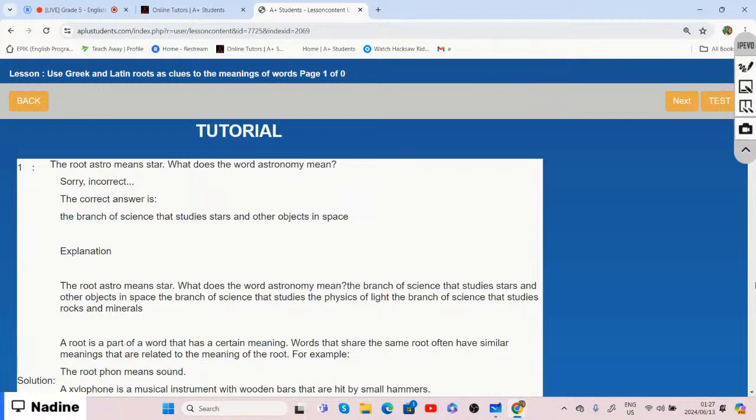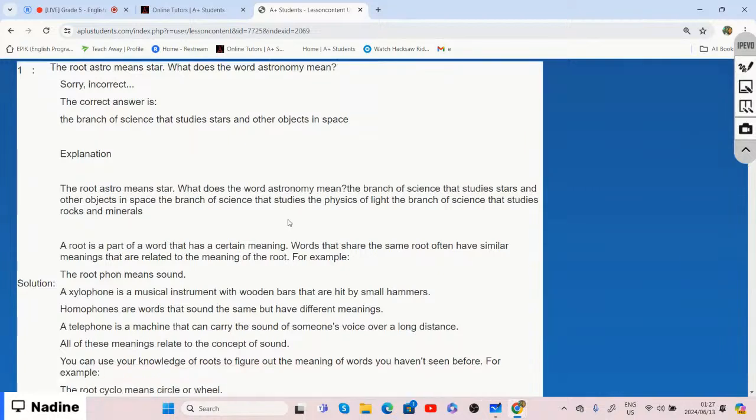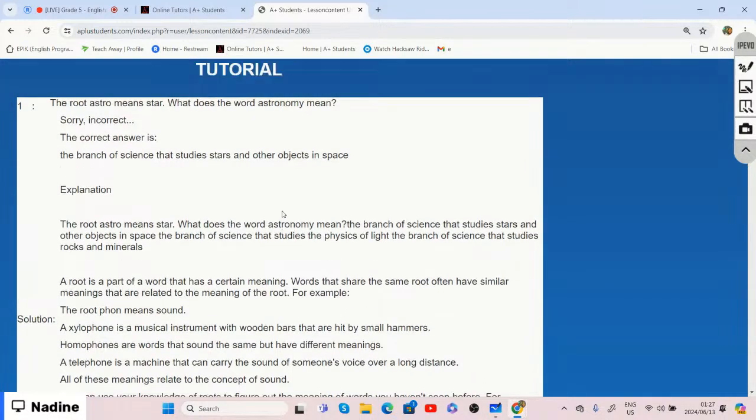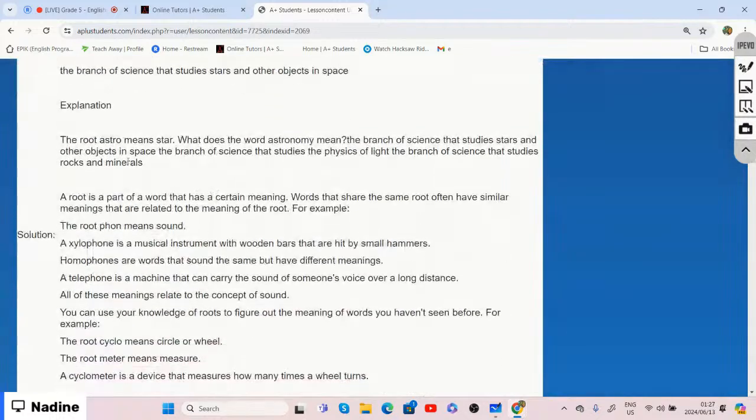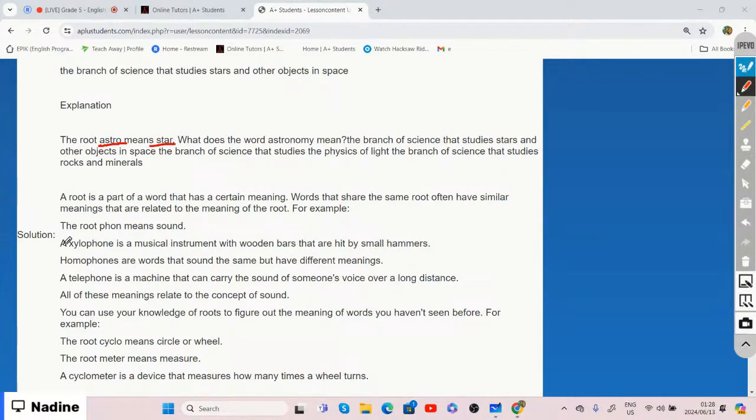All right. So if we look at another word, right? If we look at this word, it says the root astro. Here we have another root word. So the root astro means star. So the root astro means star. And if we were to,